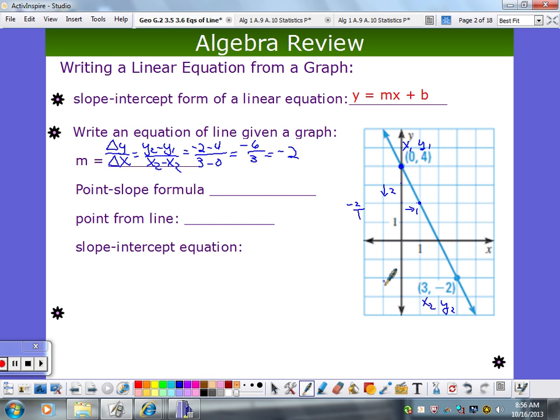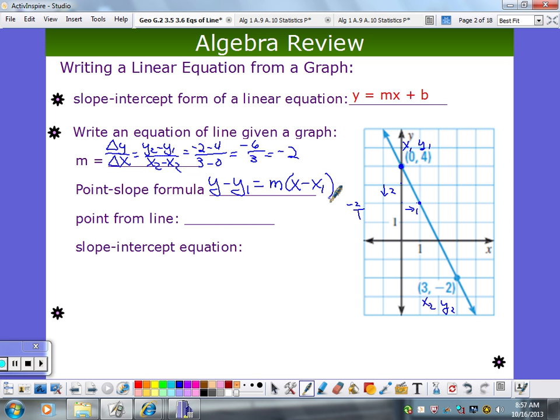And then what is the point slope formula? I know I really pushed this last year, but I don't know if all the teachers did, so let's see if we all know that. Maria, what's the point slope formula? y minus y1 equals